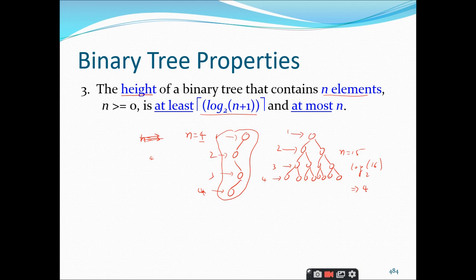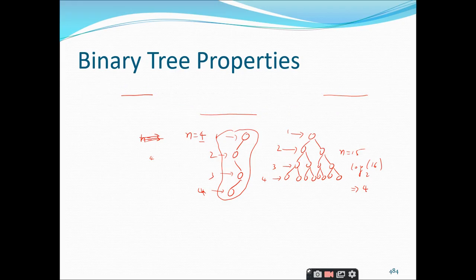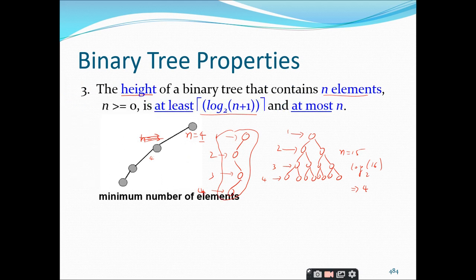Yes, sir. Right. So these are the various binary tree properties we have. Mostly we will be applying these properties in competitive examinations, right? Of course there exist proofs for these properties also, but we are not going to concentrate on them, right? We just want to know the formulas, and if there are situations where we need them, we just apply them. That's it. No need for the proofs and no need for the theorems, right? So these are the 3 properties of binary trees we have.